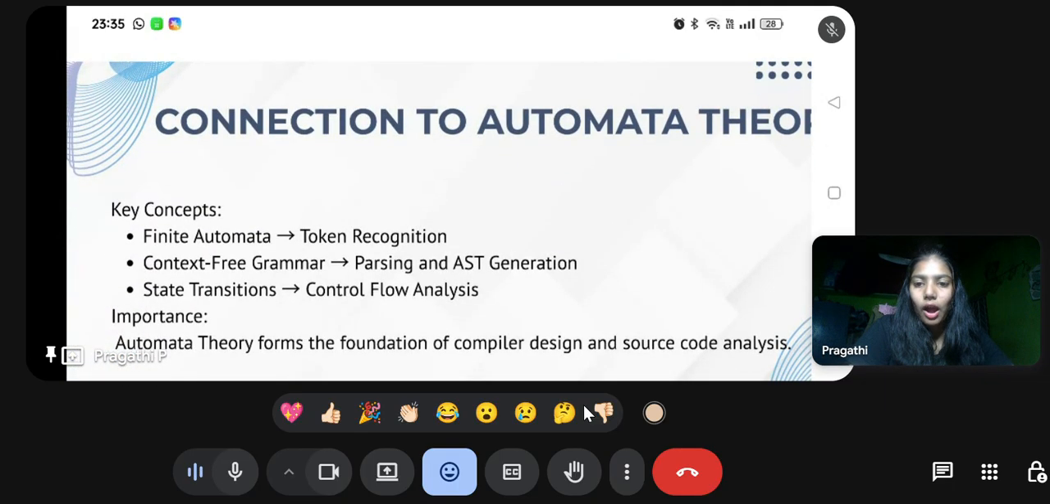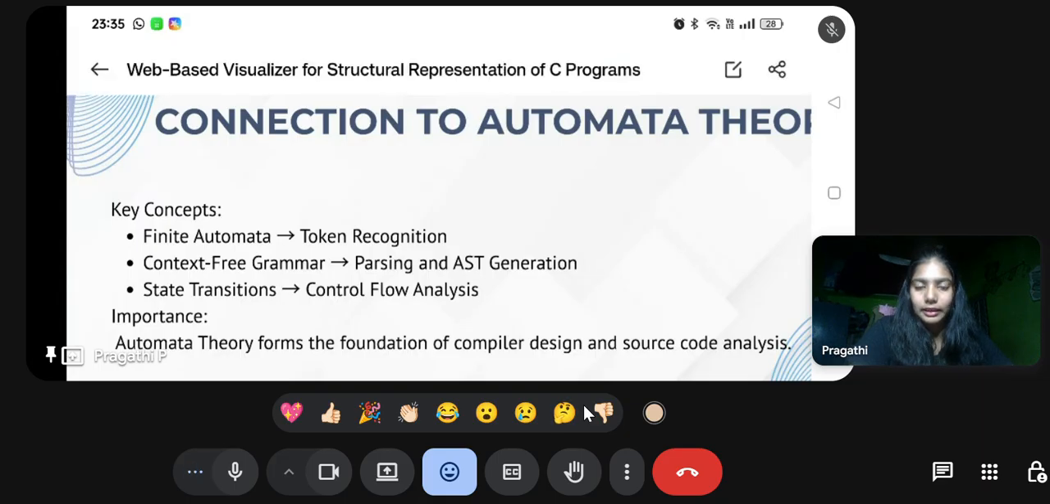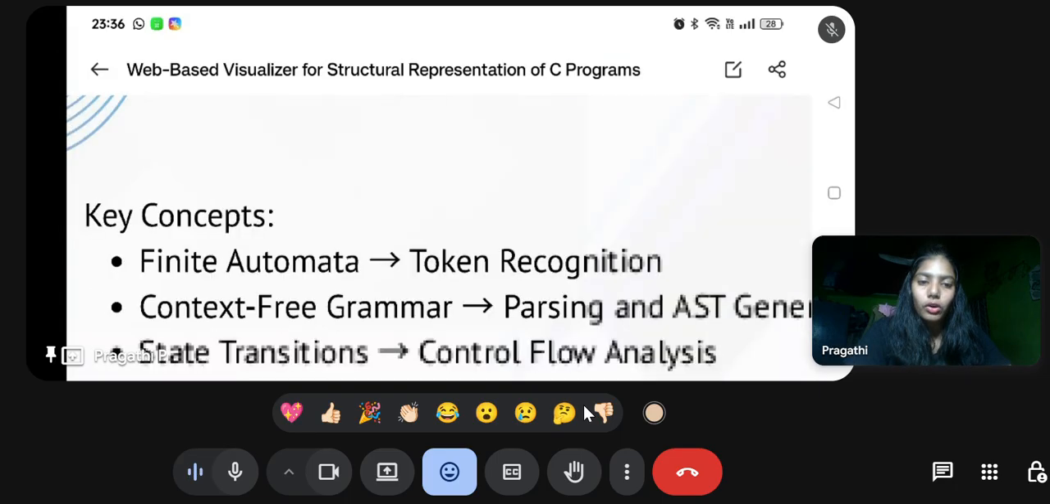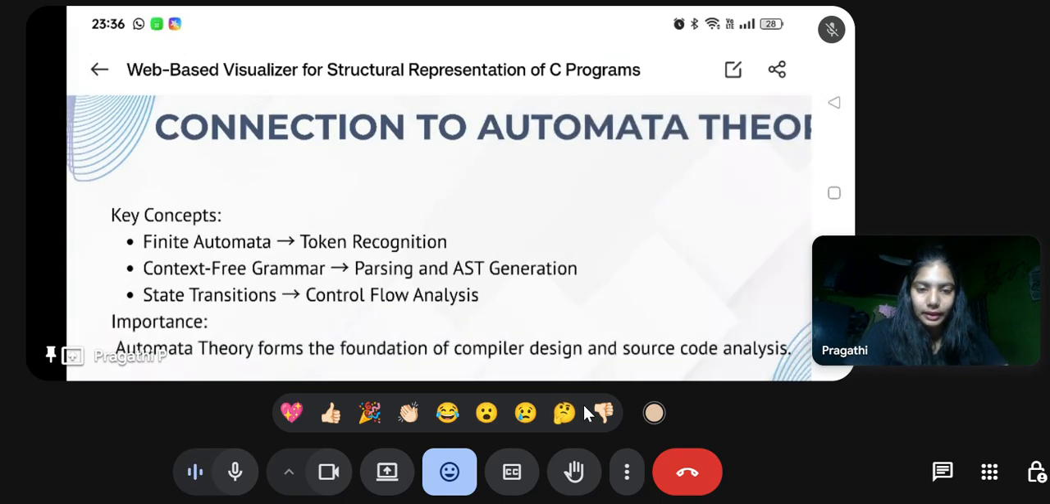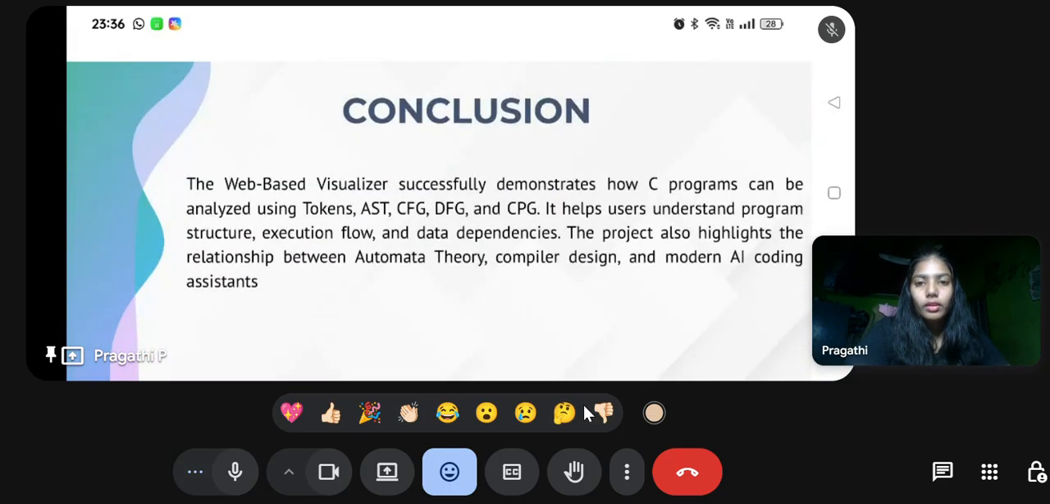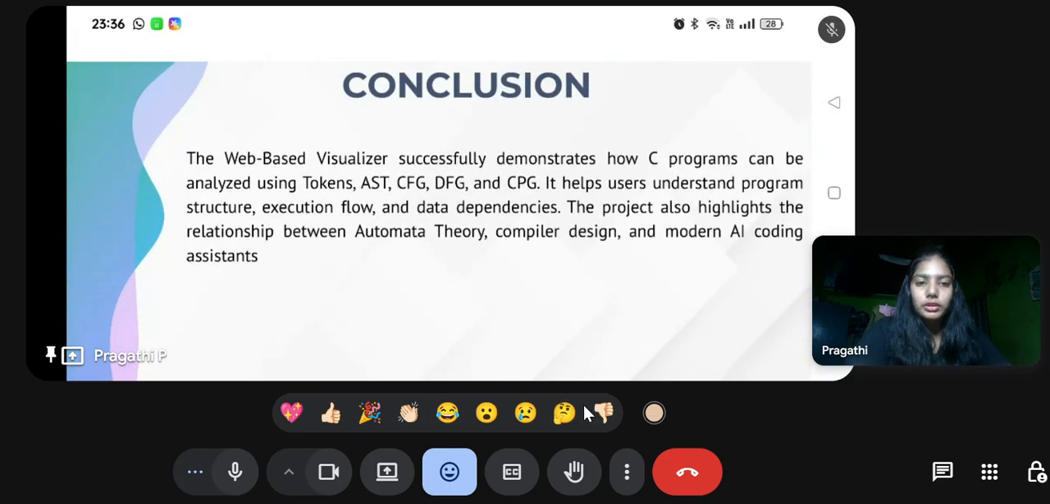Then we have how automata is connected. Connection to automata theory: automata theory forms a foundation of compiler design. Finite automata are used for token recognition, context-free grammar for parsing and AST generation, and state transitions for control flow and analysis. So this project directly applies concepts learned in automata theory. Conclusion: the project